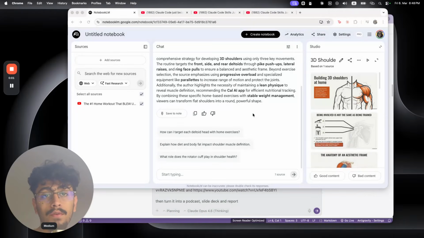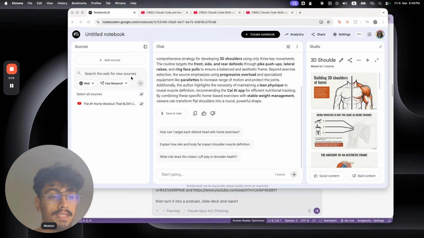Okay, so if you know what NotebookLM is, then you know how powerful it is. You can basically take all of your knowledge and information and research and turn it into a PowerPoint or a video or a podcast or a slide deck or an infographic or a quiz or flashcards or whatever you want. And a lot of people today are still doing that manually, but now we have AI that can do